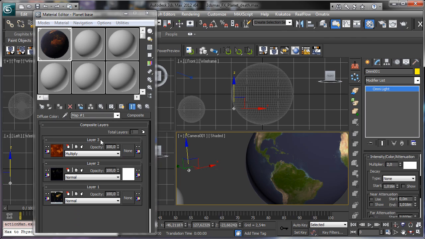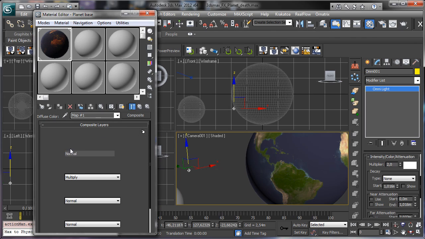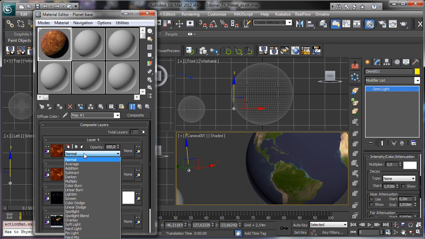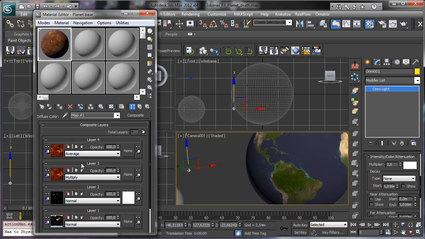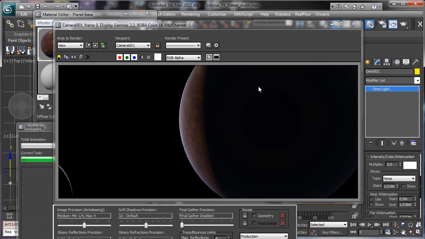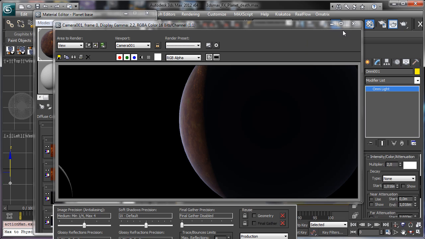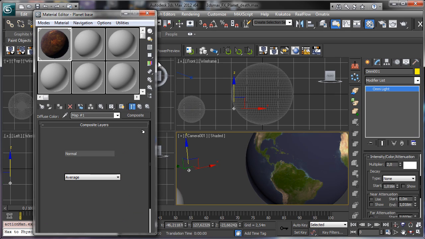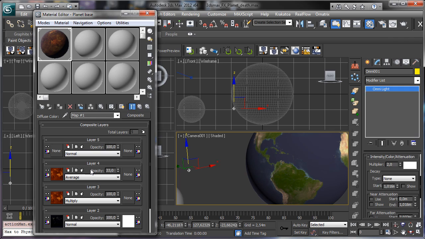Okay, and let's see if we have another layer, and again this map, and we'll have the average as before, something like that. So we'll have a mixture, you see, of a planet and something over, but I like to see more this map. So let's add another layer,